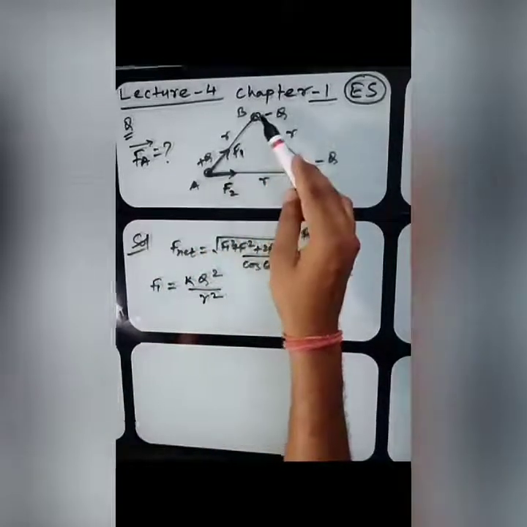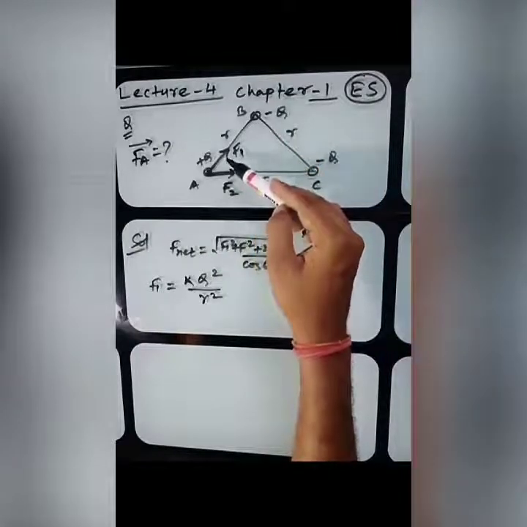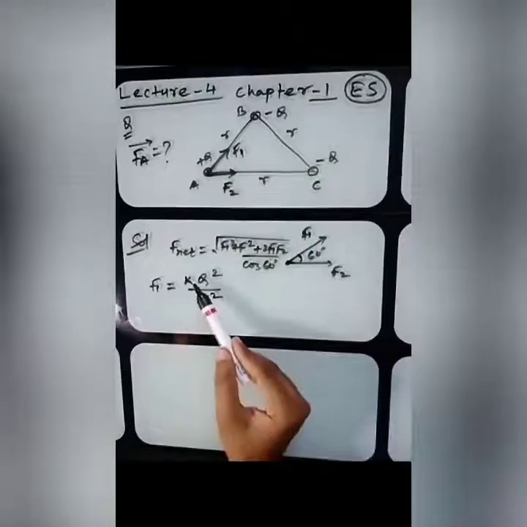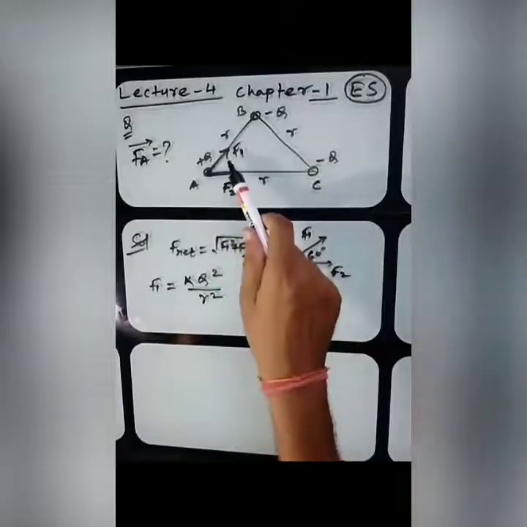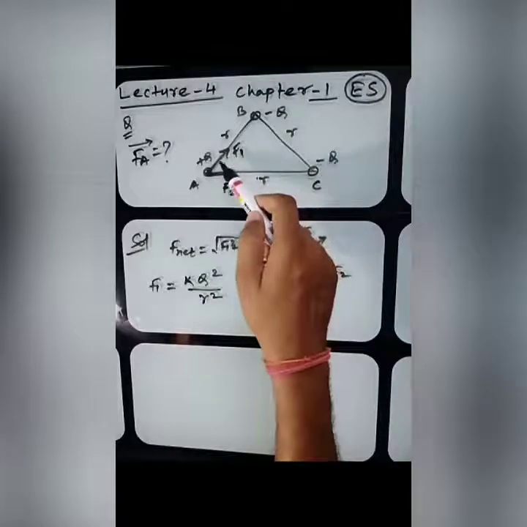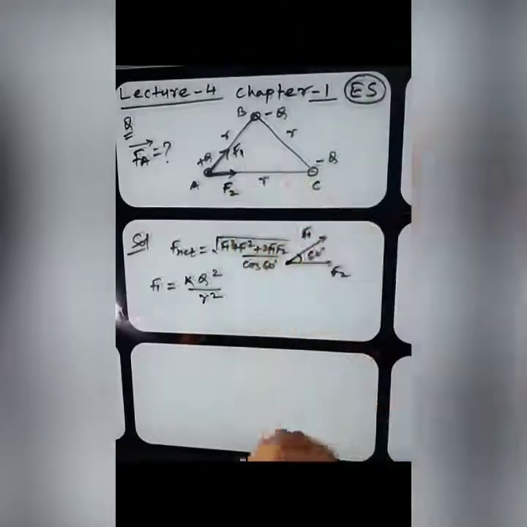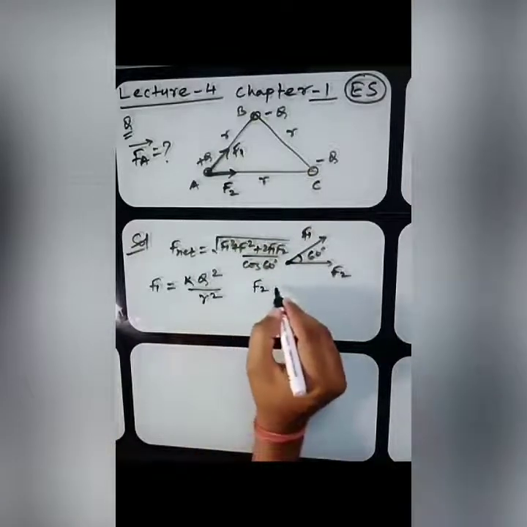Okay, this is plus and this is minus. Already you have taken the nature of charge to represent the direction of force. So again you don't require to write the nature over here, that is plus into minus becoming minus. This is plus and this is minus, that's why the force is attractive and this direction is taken from the nature of charge. So k Q square by r square, and F2 will be